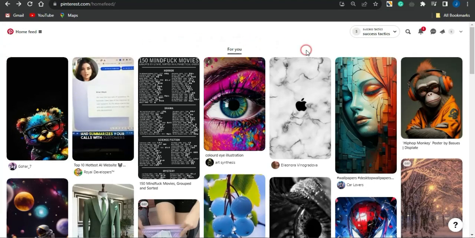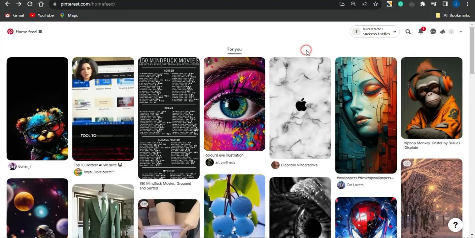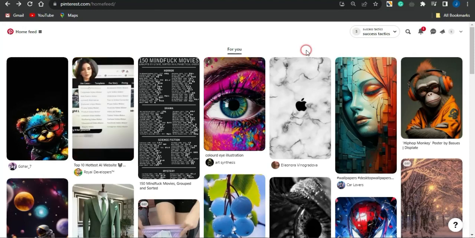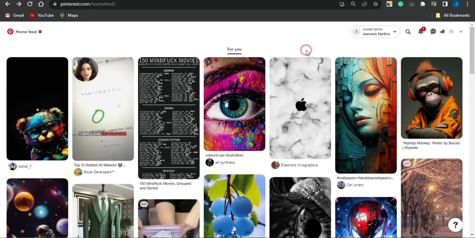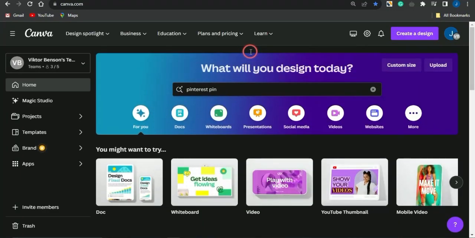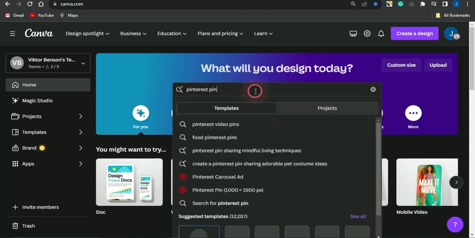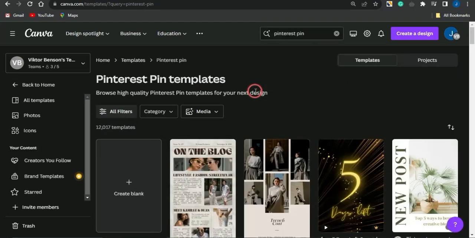Get a cool and attractive image or video that you can use to grab the attention of your audience right now. Once you do get that, go on to using that to promote your CPA marketing offers. And you can actually go on to creating images or videos yourself with the help of this particular platform called Canva right now. If you come onto canva.com, you can come right into this section, set for the Pinterest pin, and if you just click on that right now, it's going to take you to a page where